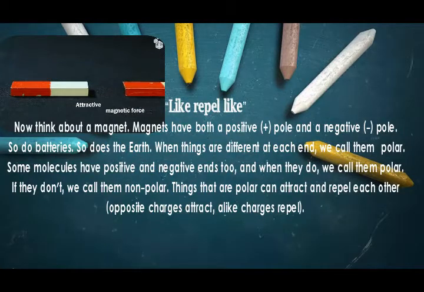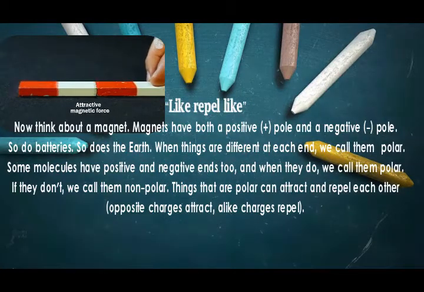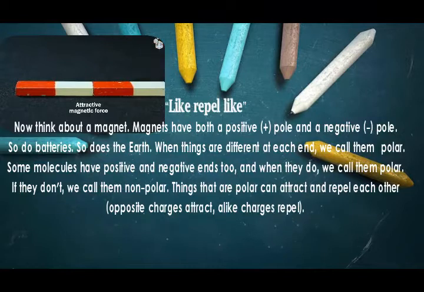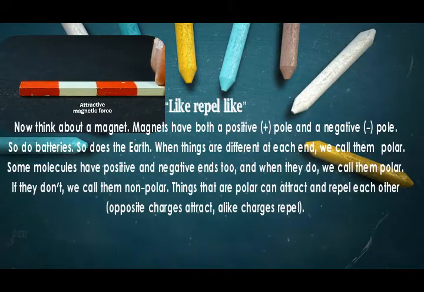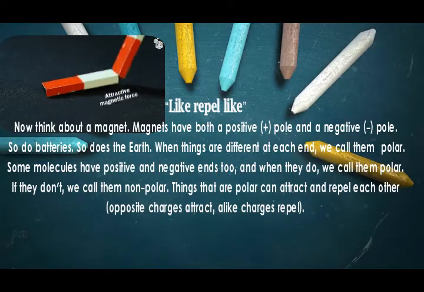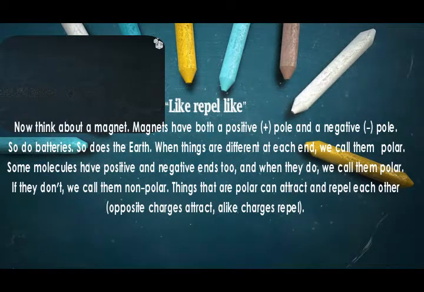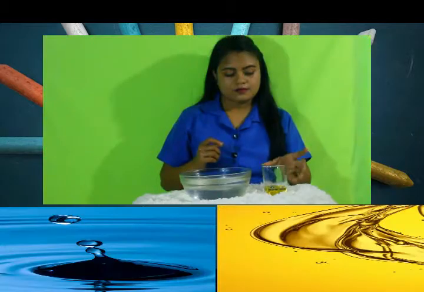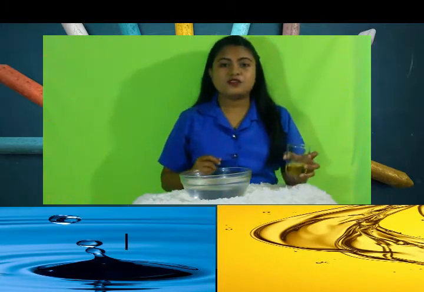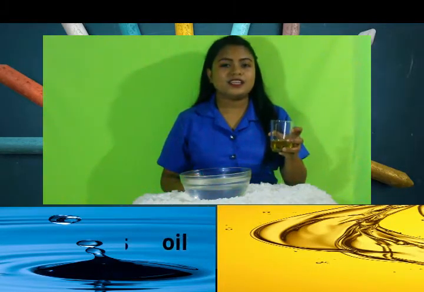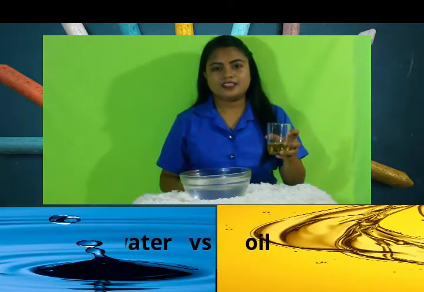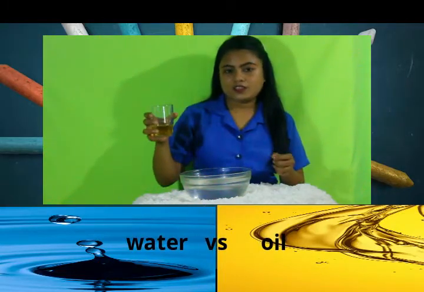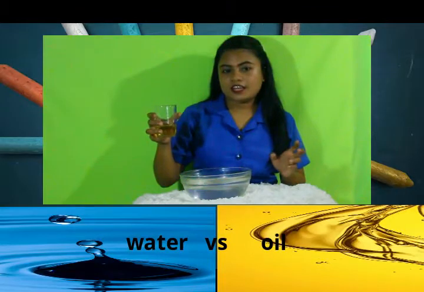Things that are polar can attract and repel each other. Opposite charges attract, alike charges repel. The two magnets in the video will attract because their opposite poles are near. Reverse one of them and they will repel each other. To further understand "like repels like," this cooking oil and water will let you understand what it's all